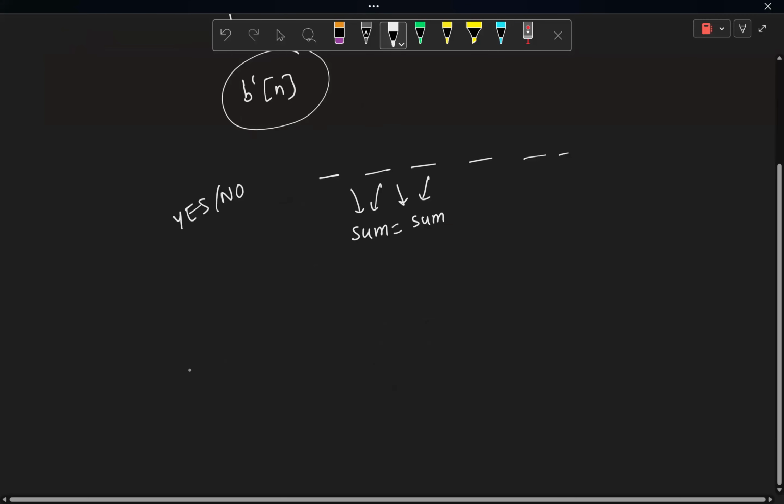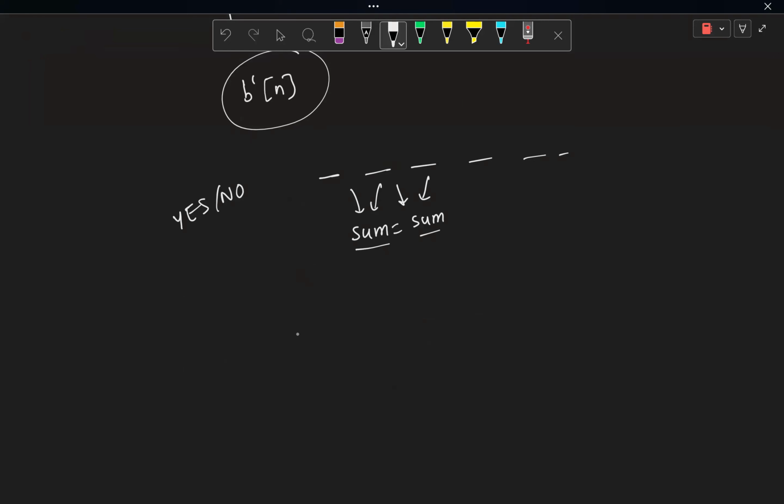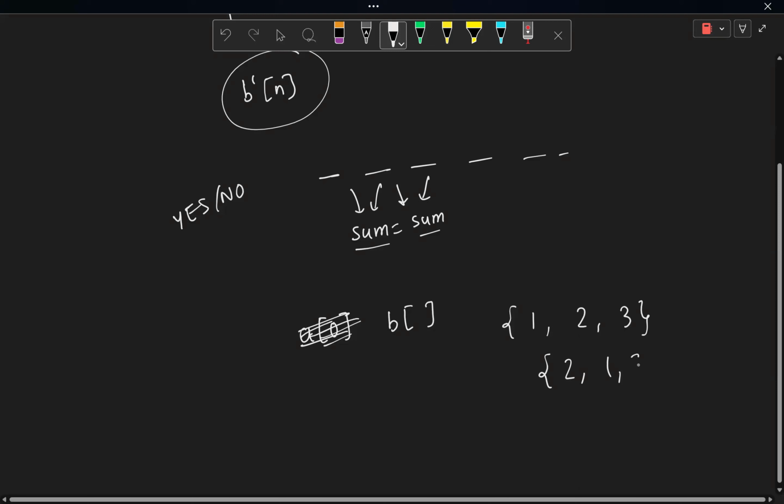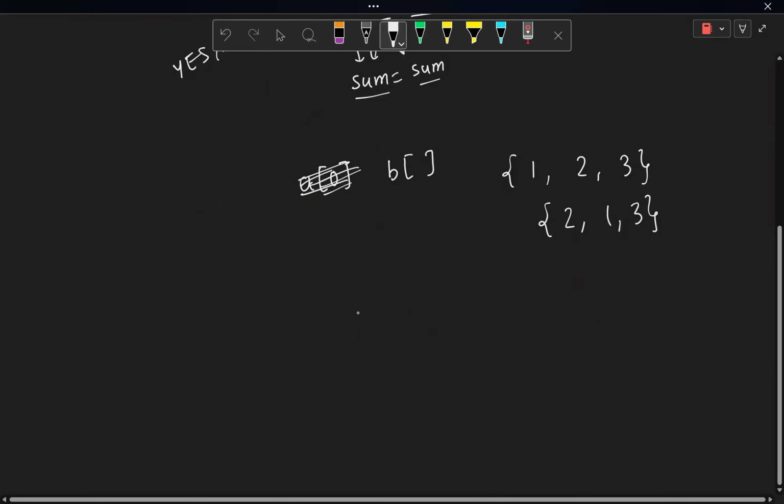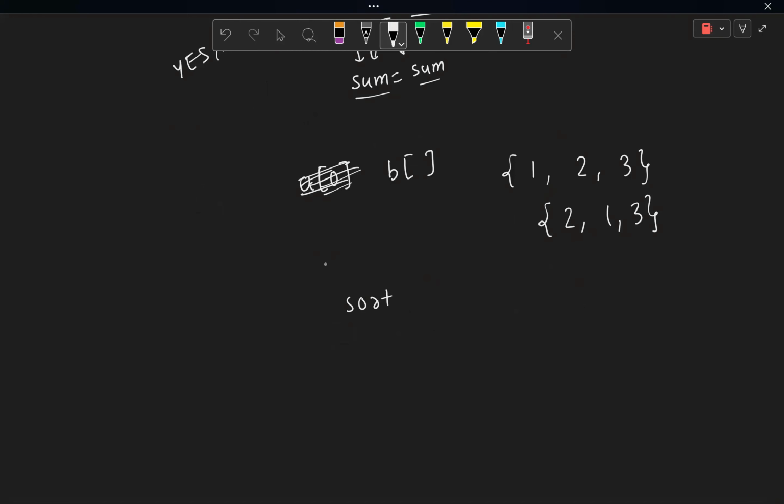Okay, so what we can do is just try to think that you have to make the sum of two adjacent elements equal. First of all, whatever array B I have been given, the order in which the elements come doesn't matter. If you notice, the array 1, 2, 3, or if you are being given the array 2, 1, 3 or something like that, it doesn't matter what is the sequence of the numbers as long as the elements which are coming are same. So in such problems, it is always good to just consider if the array is sorted. It generally helps us to think either sorted or just frequency wise. Though it's not gonna create a very huge difference here,